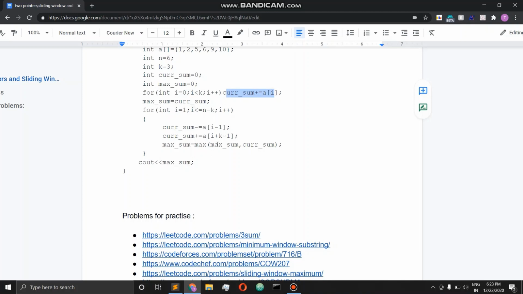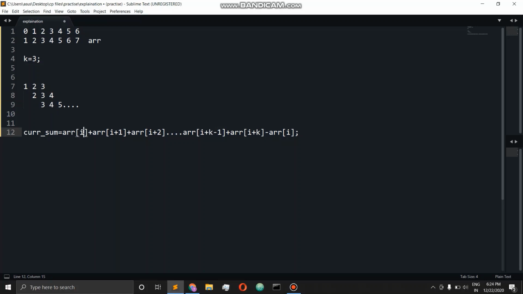Now for I equal to 1, this is where I have to change the subarray. Like I said, we have to remove one value and add a new value. In this, I had taken I as the index of the previous one. So instead of this, I'll be removing array of I minus 1 and adding array of I plus k minus 1.